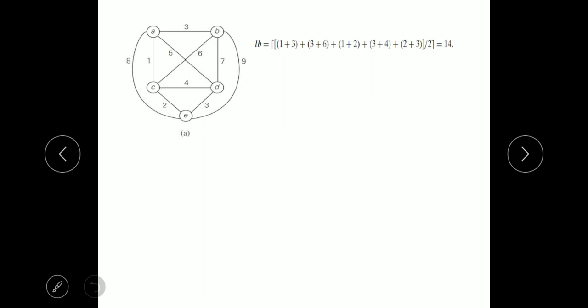Right, so let us start solving the problem here. Before you can solve, for any subset of tours, we must make a note here. For any subset of tours that must include a particular edge of a given graph in a Hamiltonian circuit, we must include the cost of the edge in the lower bound by summing the lengths of the two shortest edges that are incident with each of these vertices.